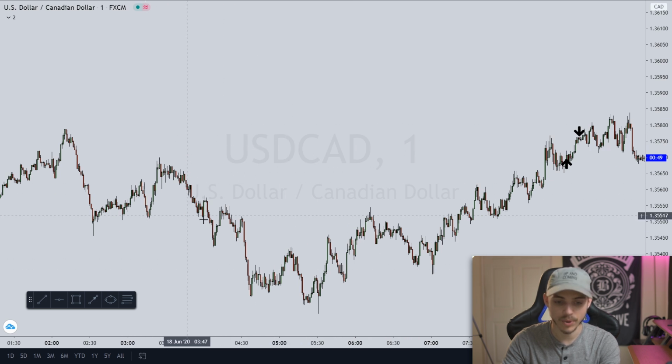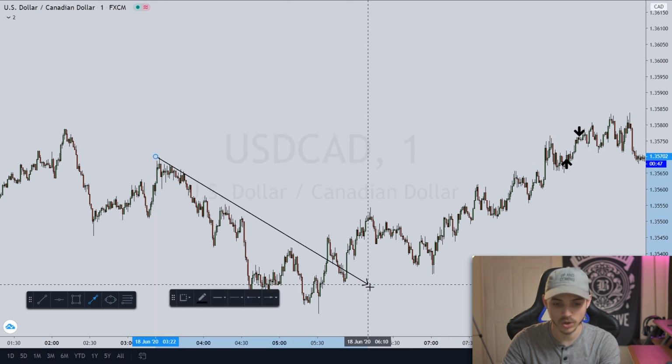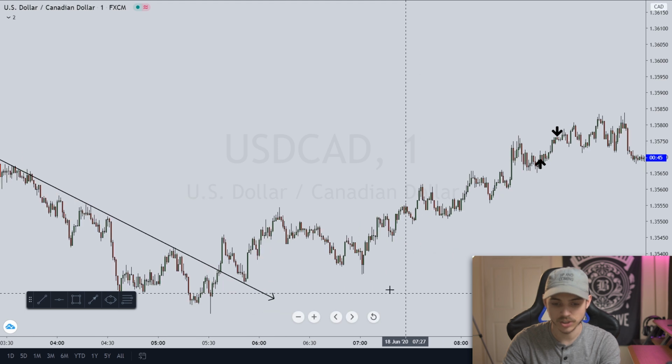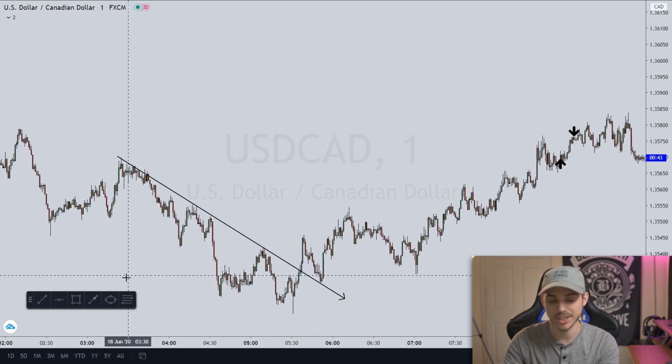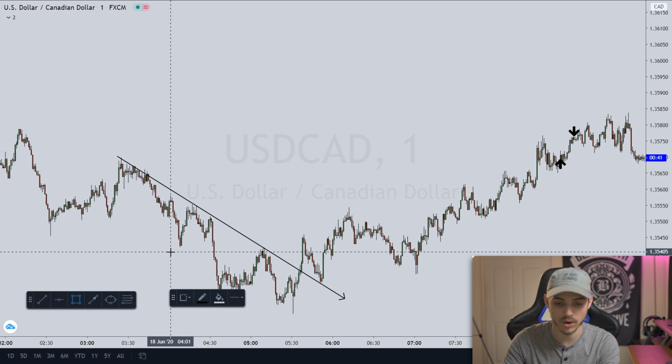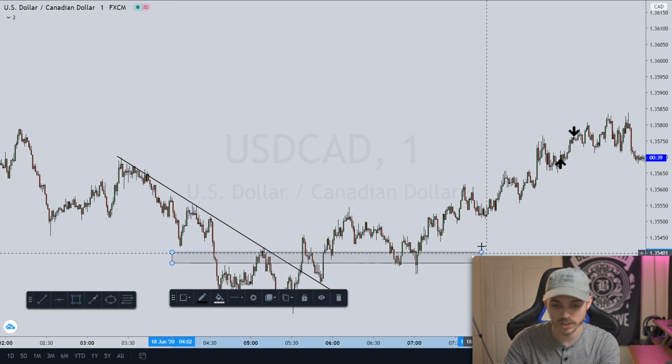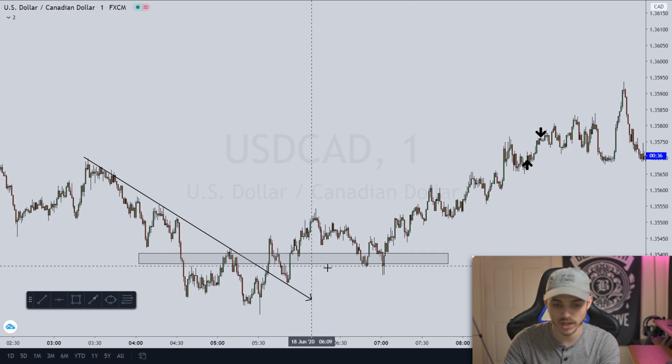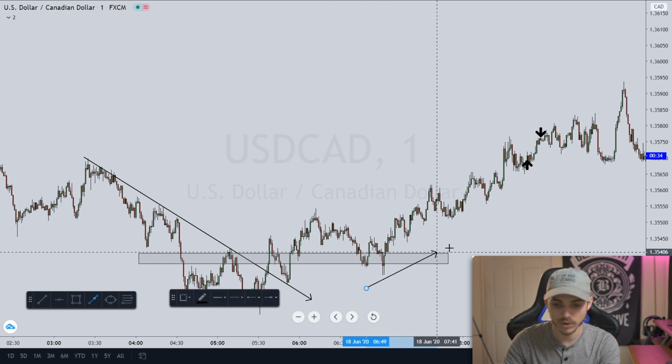So if we look into the past over here, you can see that price was in fact in a downtrend until price breaks structure and then retests that structure, confirming that we are now in an uptrend. You can see that price retested the structure break right here with this area and confirmed that we are now